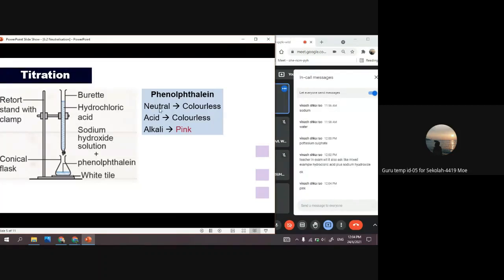Nampak tak tadi? Dekat yang table ni, okay, kotak ni. Kalau alkali dia akan turn pink. So that's why solution dalam conical flask ni dia akan turn pink color. Alright, because it is alkali. Okay, however, our main goal in doing this titration is to make the neutralization happen, right? Meaning that we want a neutral solution in the conical flask, right? So next, we would add